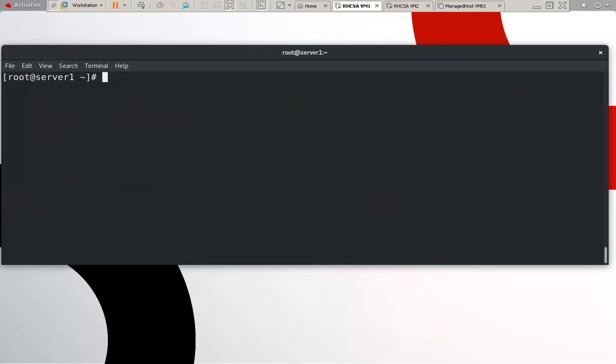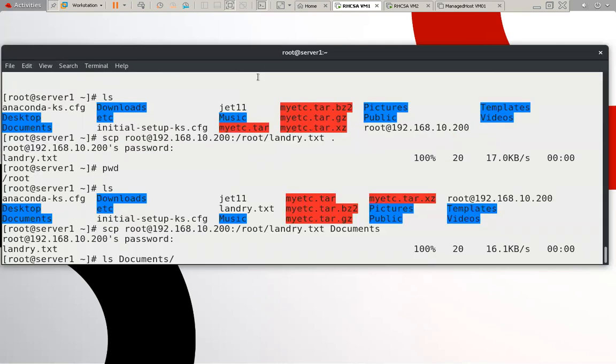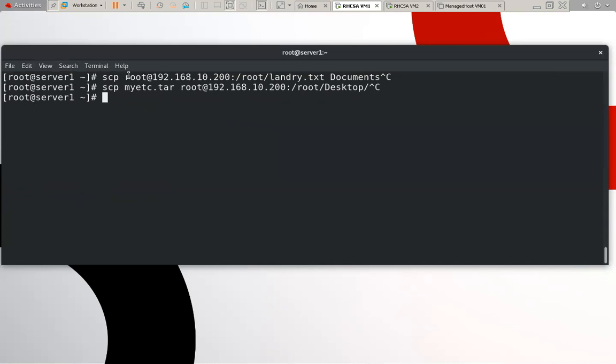So this is the procedure to copy a file from a remote machine to the local machine, and this is the procedure to copy a file from my local machine.